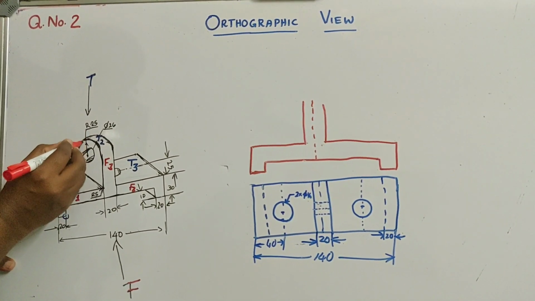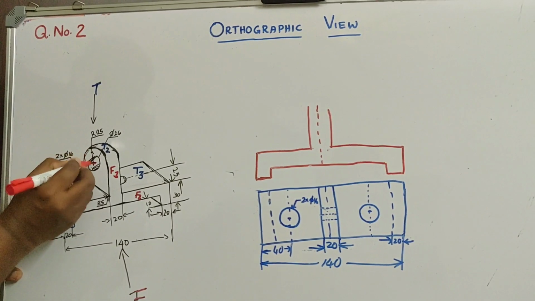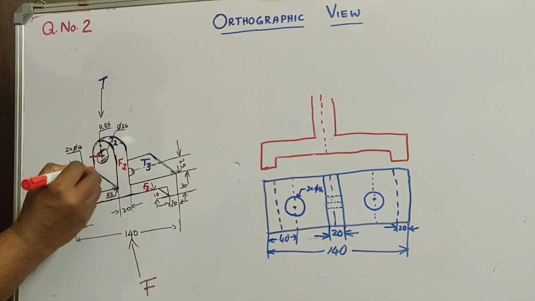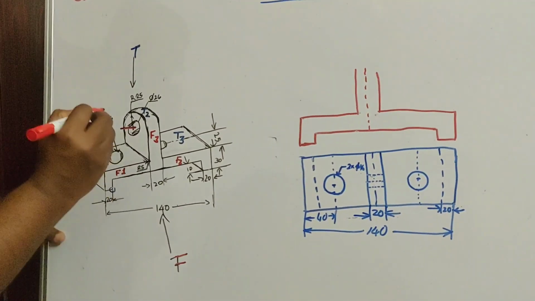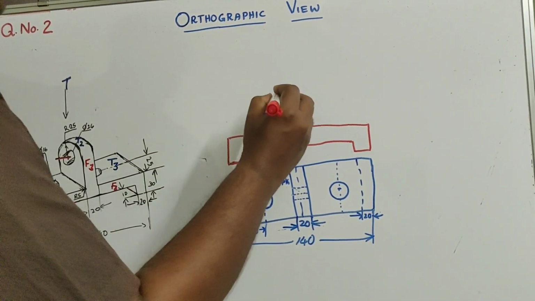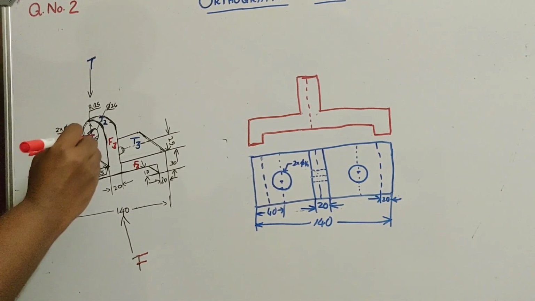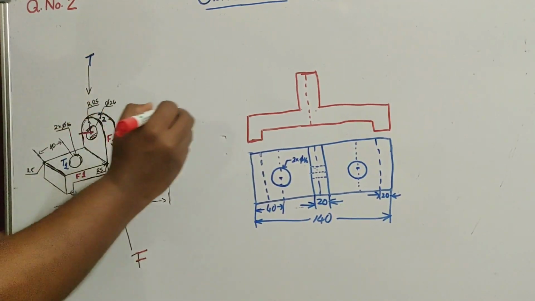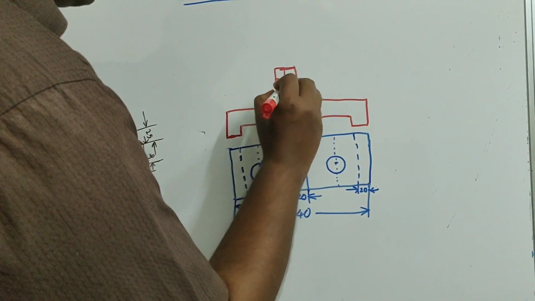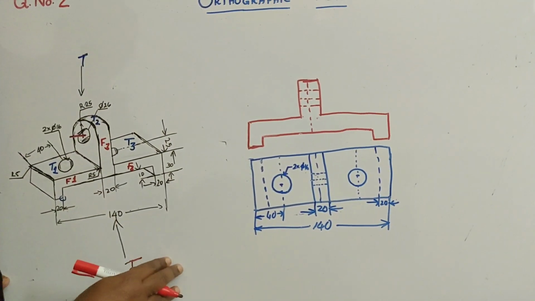See, here the radius is 25. So this radius is valid up to here. So this height is 25. From here also, using symmetry, we can find that this is also 25. So the total height from here is 50. When you are drawing this, you have to mark that phi also. That phi is actually 24. That part also you have to mark.